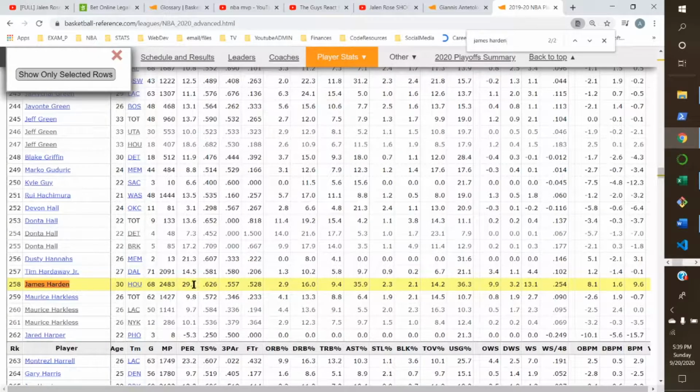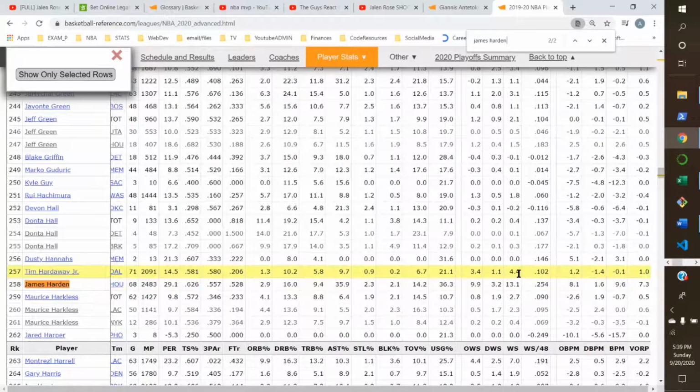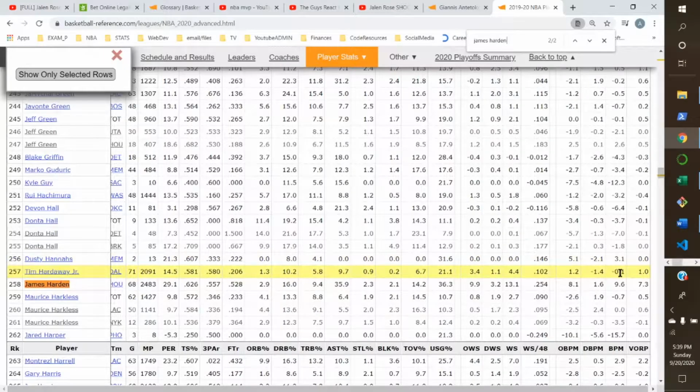We got a true shooting percentage at .626. All right, win shares of 4.4. And a box plus minus of -0.1. Oh, wait, never mind. And a box plus minus of 9.6.